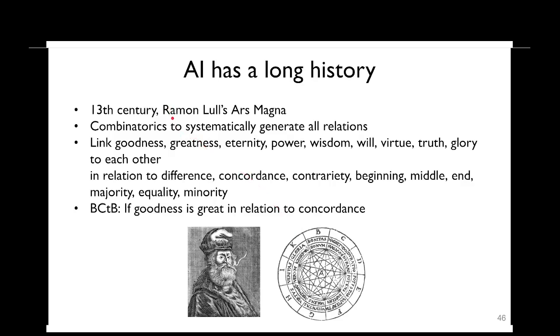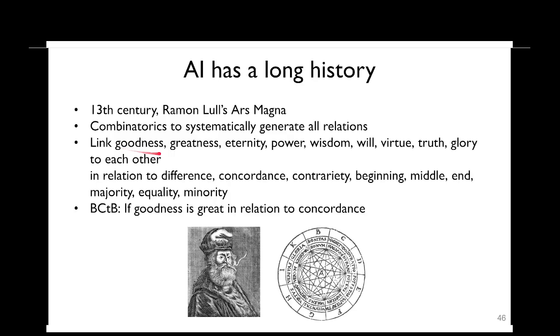a philosopher called Ramon Lull, and he created what is called the Ars Magna. The Ars Magna was essentially a circular shape that consisted of 3 rings, and each ring had 9 letters, and they corresponded to categories. Essentially, it allowed him to build all the 9 times 9 times 9 combinations of these categories. And the categories were